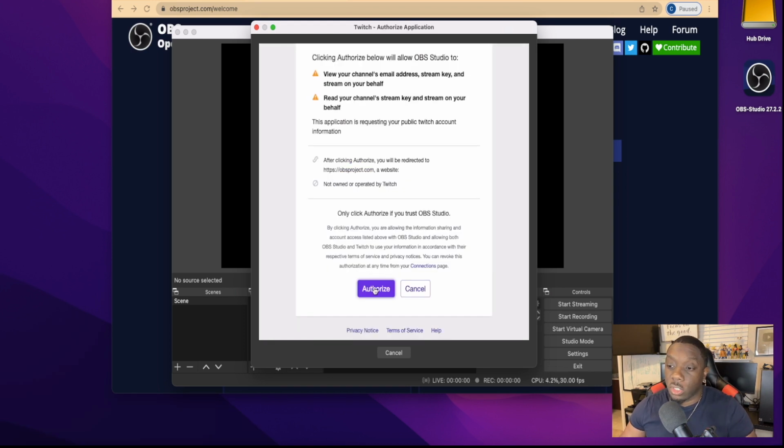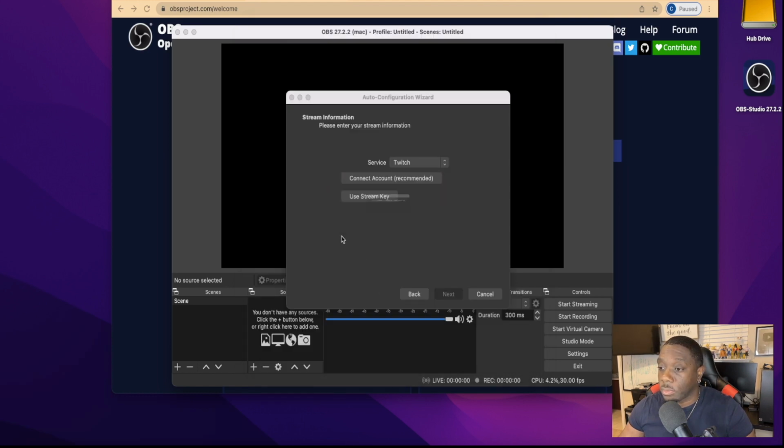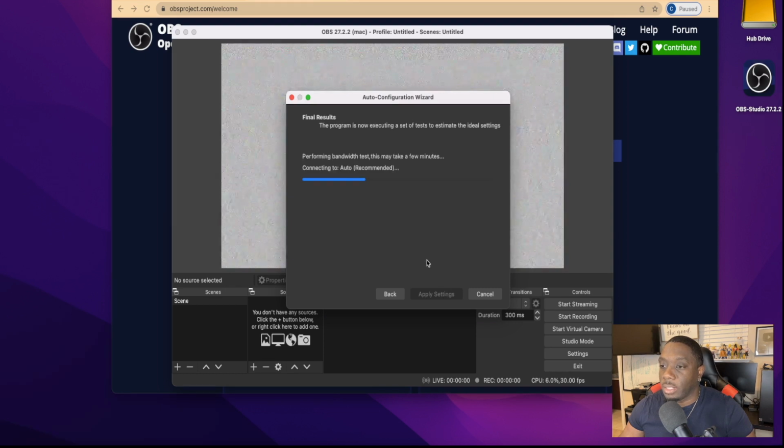Once you get logged in, you're going to go ahead and click authorize. It's going to authenticate, and then you can just click next. It's going to do its little configuration. So this doesn't mean that your computer's about to crash. It's just this is what they decided to show instead of currently loading or updating your bandwidth test.